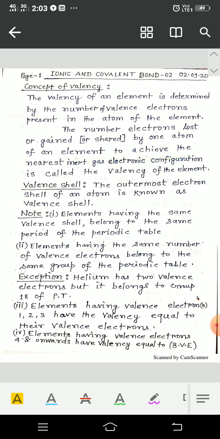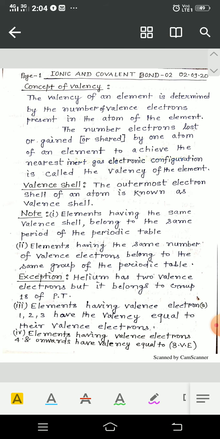I think that you might have understood well about the electronic configuration of elements, and also I hope that many of you have completed the task of writing electronic configuration. So,